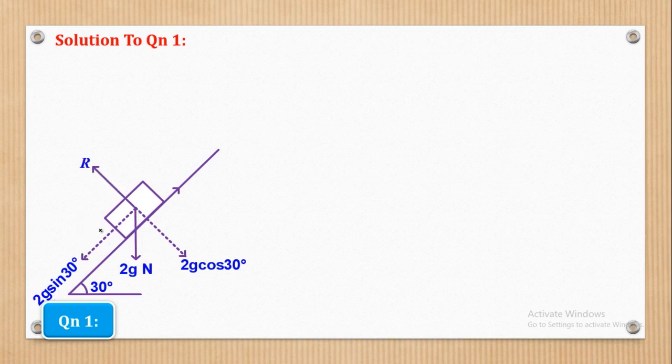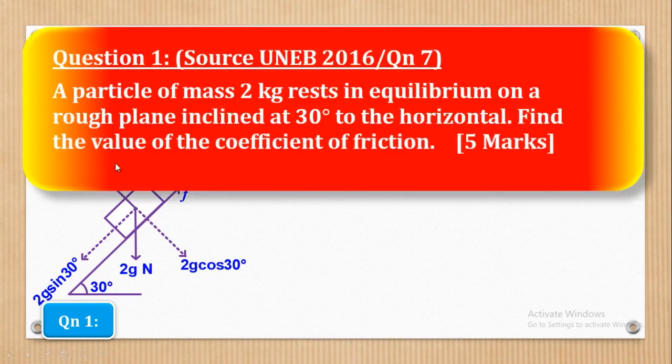Next is to show the normal reaction, which is capital R, and the friction, which is small f, in that direction. So now that you have made a sketch, next is to answer the question that followed. They told us that the particle rests in equilibrium and they want you to find the value of the coefficient of friction,